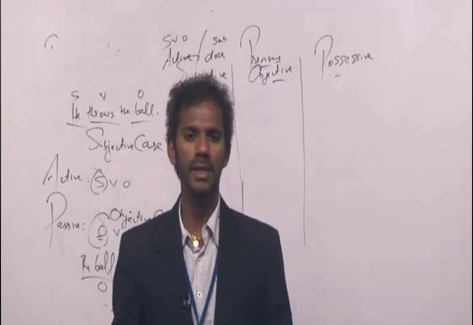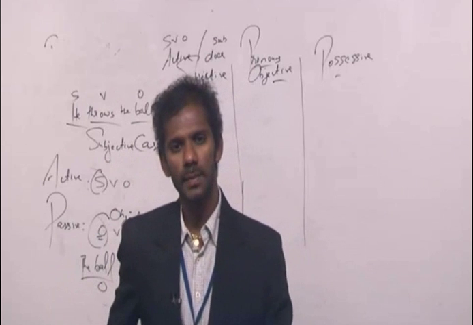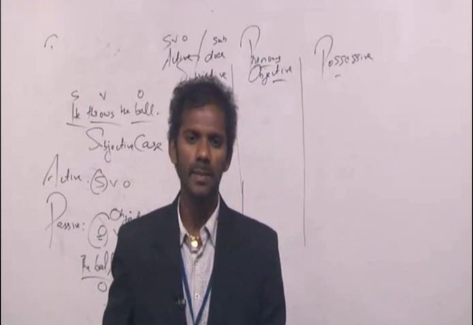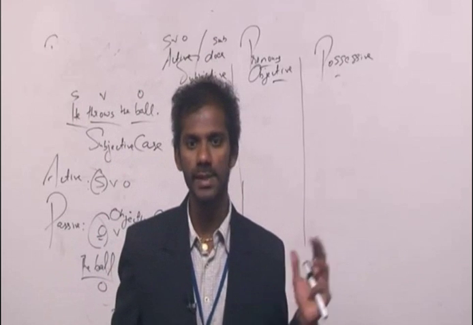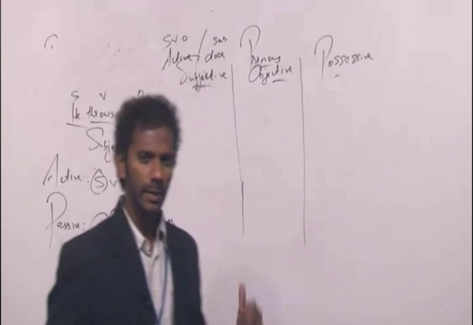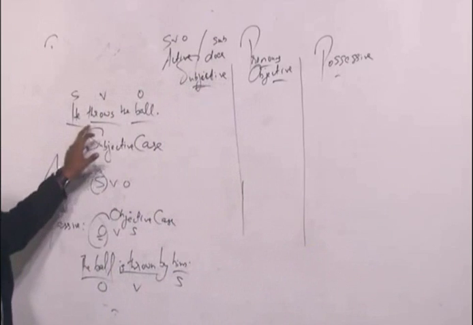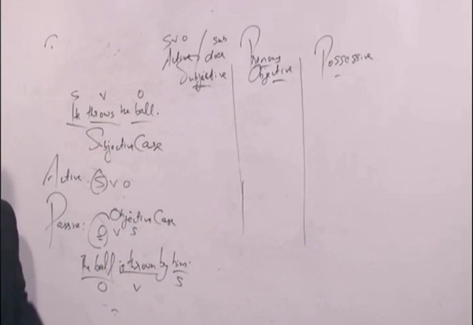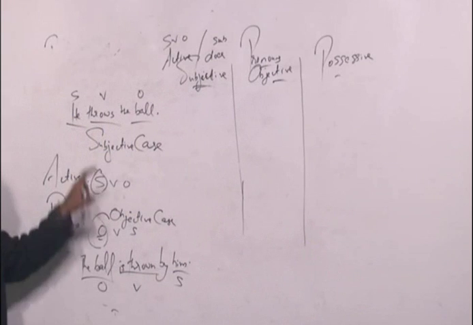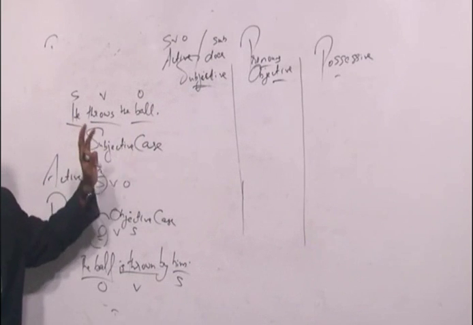Now, in a sentence, in fact, we are not concerned about receivers. We are concerned about doers. Clear? So subjective pronouns are those that come in the active voice, acting as a doer. Right? Come to the same sentence. He throws the ball. This sentence is in the active voice, because the order is subject, verb, object.